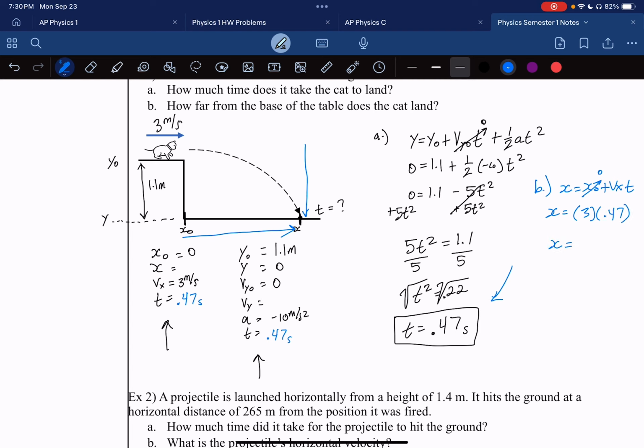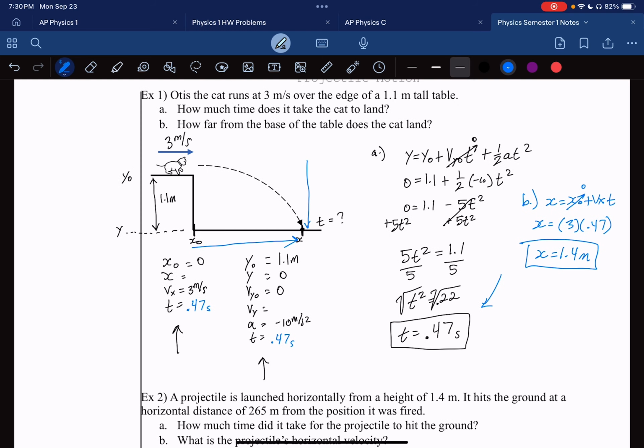So how far did the cat travel horizontally? It is something like 1.41, you can just say 1.4 meters is how far it traveled. So that's a typical problem